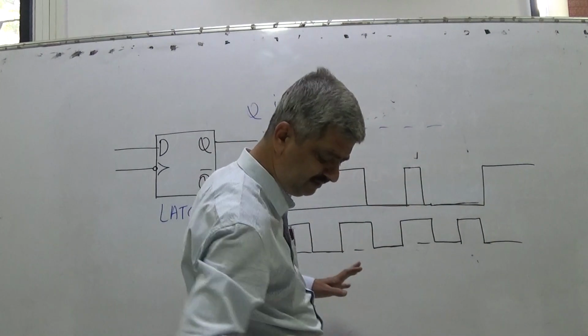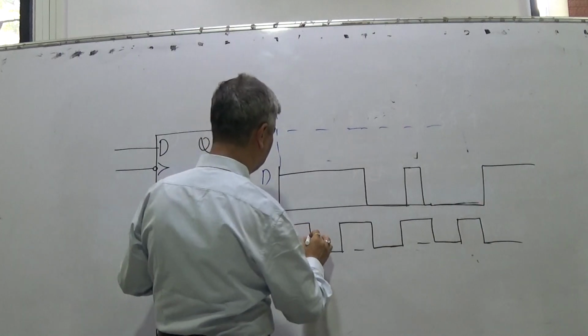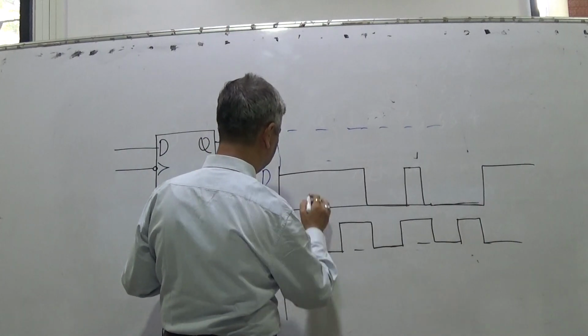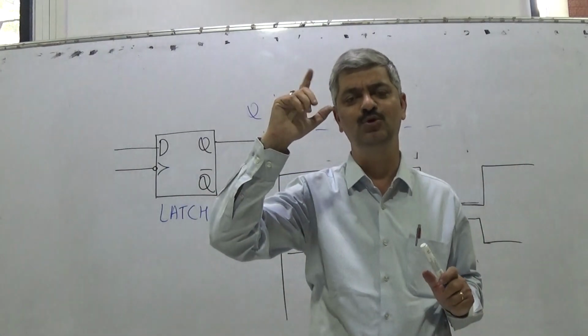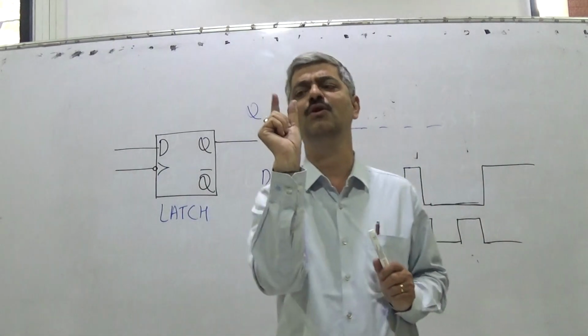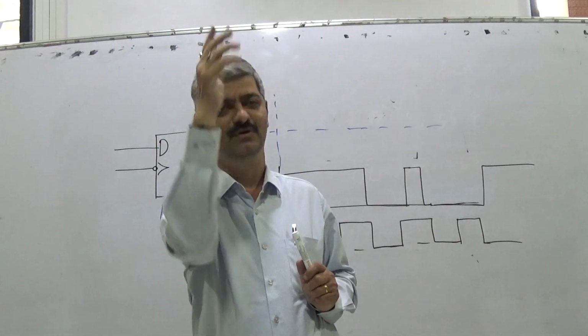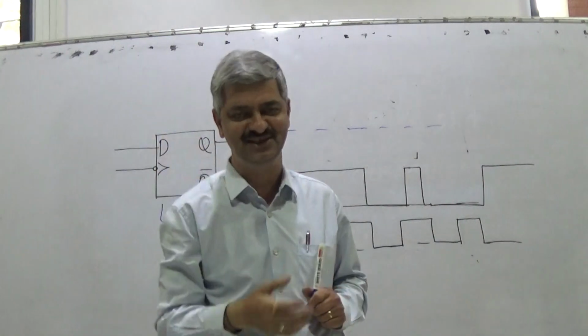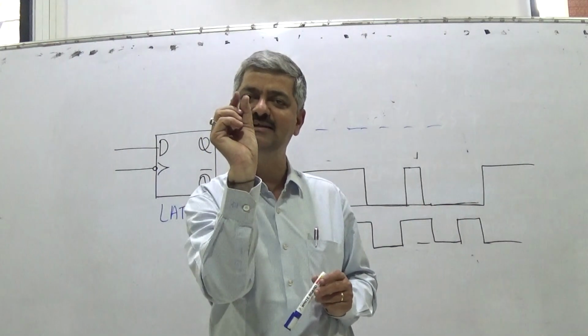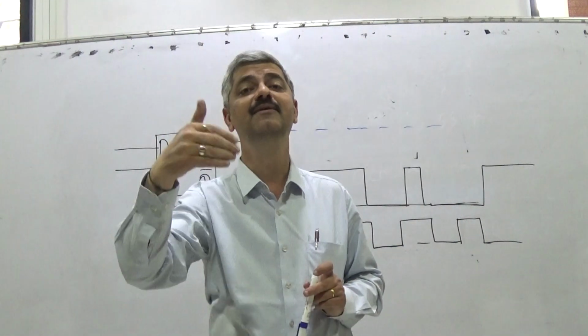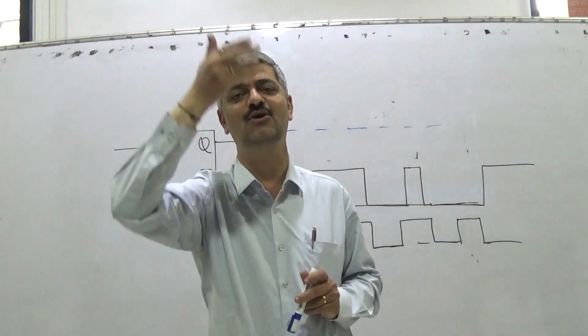Logic is very simple. At the time of falling edge, it is adjusted as if the shutter opens. In a photograph, what is seen? The concept of shutter and all that is history. You are having a snapshot. So when the shutter opens, at that time only the things beyond the lens of the camera are recorded inside the